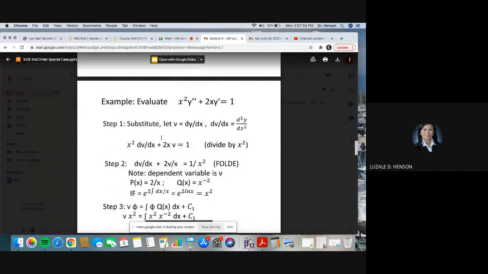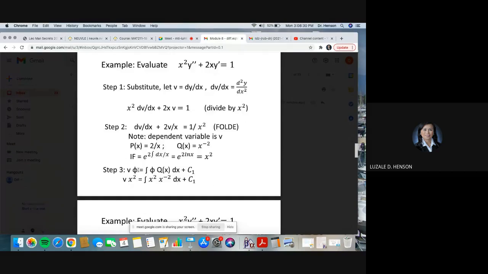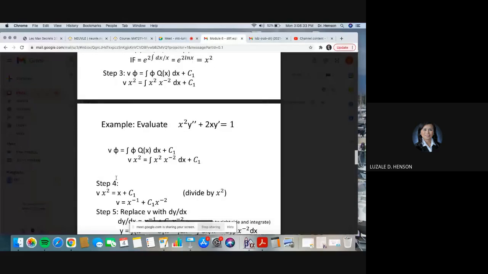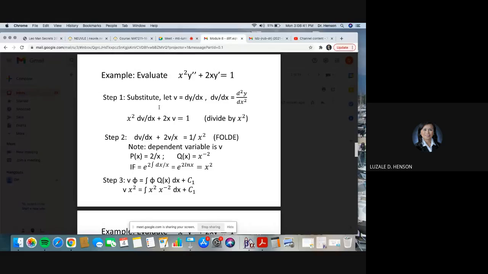Now, I would like to add that in this line here, if you recall, do you remember? We have under exact, non-exact, what we call an integrable combination. There's no need to go through step 2, step 3. You can immediately go to step 4. So you don't need to solve for the integrating factor once you're sure that in this line here, you notice an integrable combination. This is actually an integrable combination class.